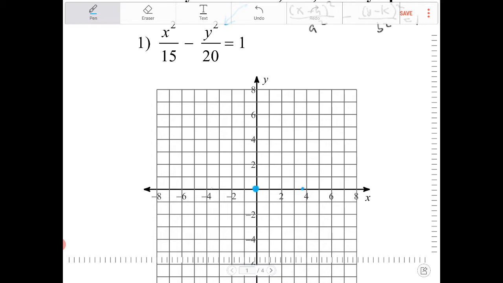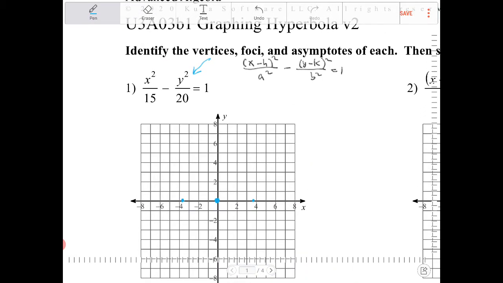And this is just approximating, because there's no way of getting it to be exact. I'm just getting a rough sketch of this. So it's going to be plus or minus square root of 15. Now, what if I try to find out whether or not there are any y-intercepts? I can do that. If I substitute in 0 in here,